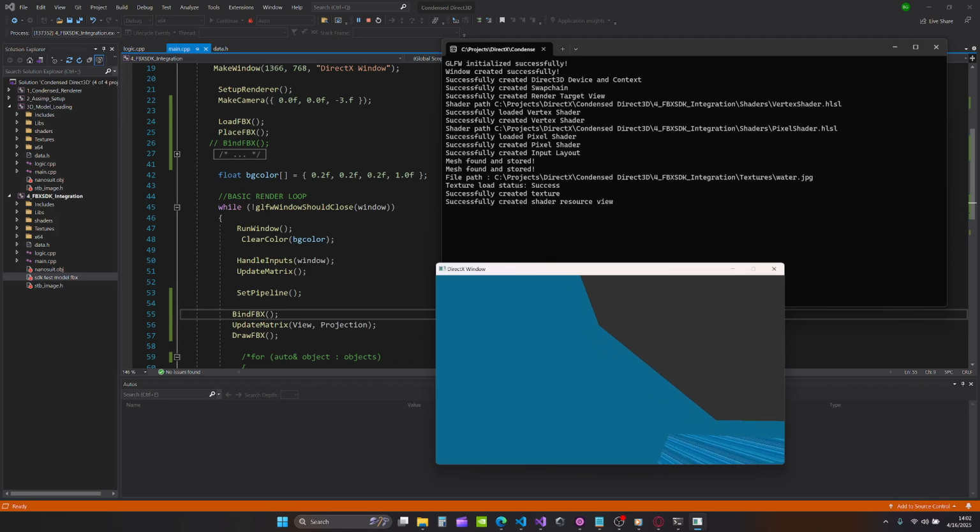Now, there is a slight issue with this renderer that the depth stencil has not been enabled, so some of the triangles are not rendered in the correct order. The intention going forward is to add the depth stencil, as well as